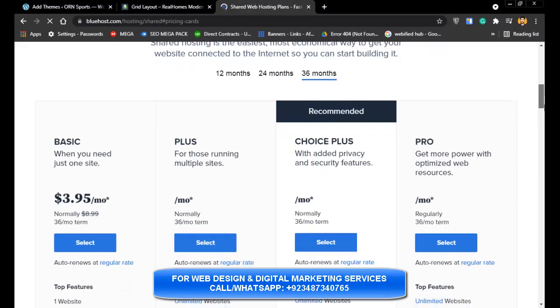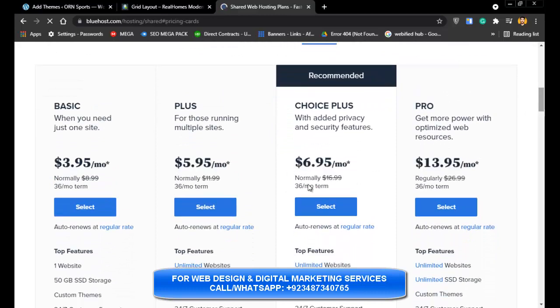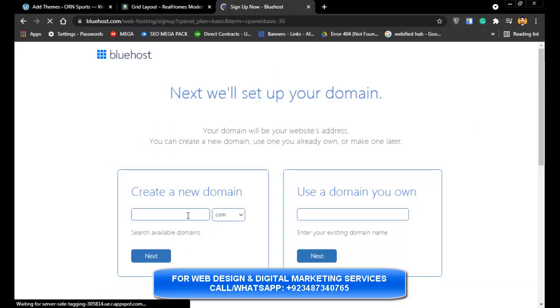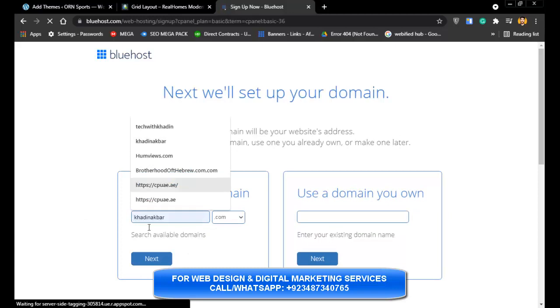Now after clicking on get started, we have to choose a plan here, and I would recommend, if you want to create only one website, this plan is best for you. So select that plan. After selecting that plan, you have to select the domain name of the website.